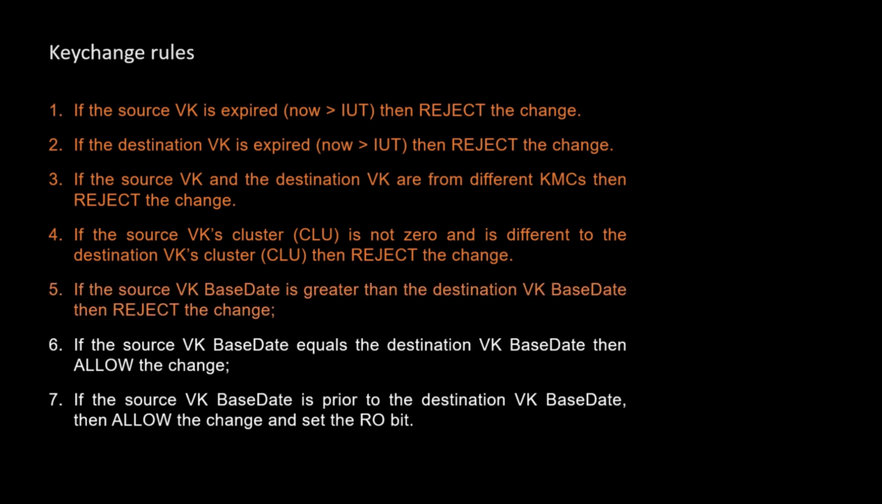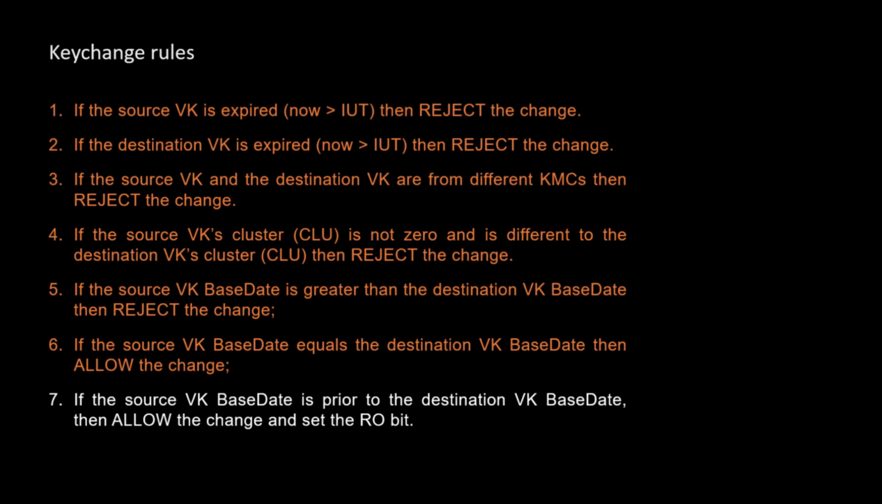If the source VK's base date equals the destination VK's base date, then allow the change. And if the source VK's base date is prior to the destination VK base date, then allow the change and set the rollover bit. So this last one, what that means is if you've got a base date of, say,